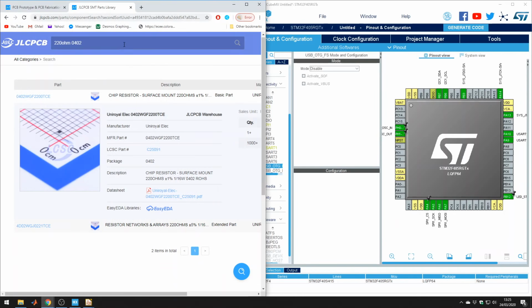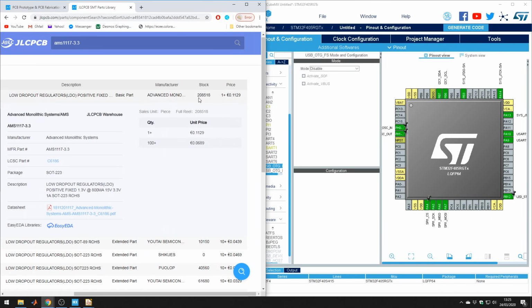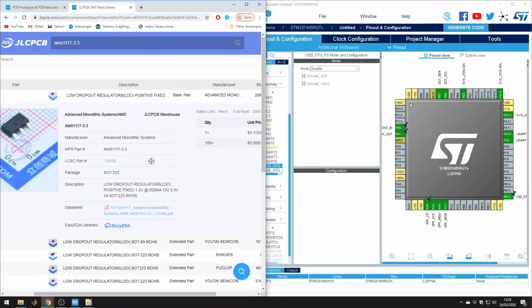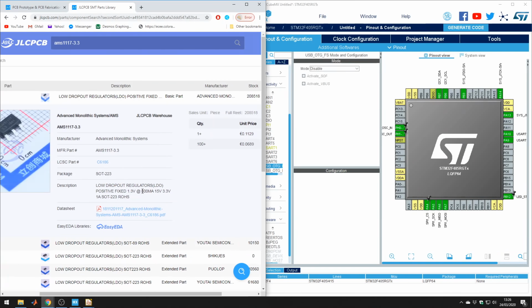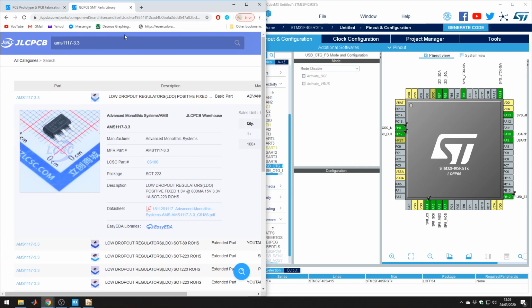Let's just make sure they really have this in stock. So AMS117 3.3, as we see, they have loads in stock. It's very cheap, and it's a basic part, which means you don't have to pay extra. And you see it's up to 800 milliamps at 1.3 volts, so it's 1 amp at 3.3 volts, so that's plenty. I mean, it's overkill, but